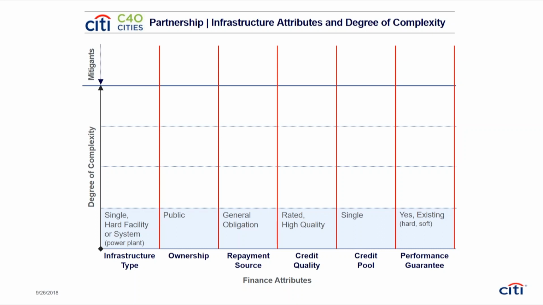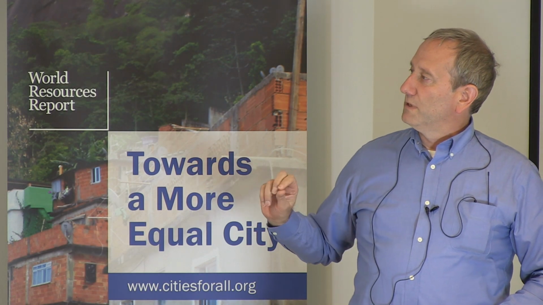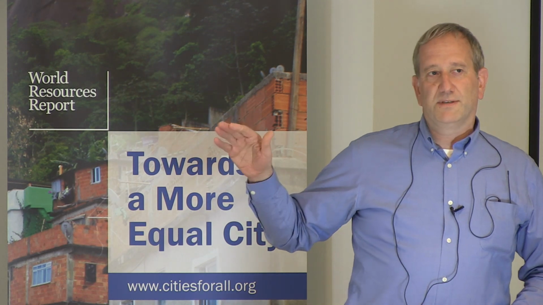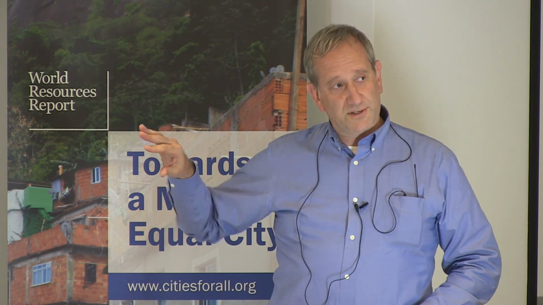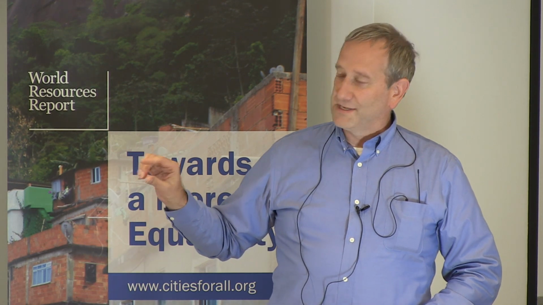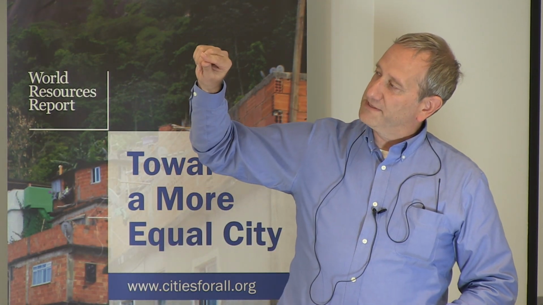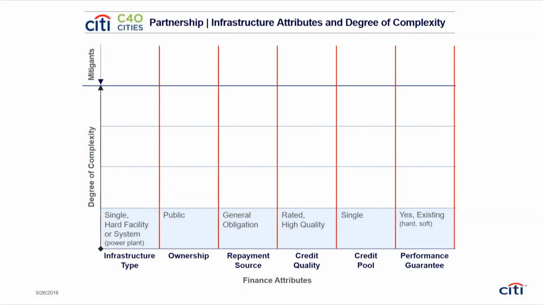So what we did with this chart was we said this bottom horizontal layer is, again, business as usual. Then we attempted to show, as we move to alternative infrastructure, how each of these attributes changes. In this chart, the only time you should read horizontally is this bottom row. We've layered in, moving up in degrees of complexity, what happens as you turn to alternative approaches. And then at the top are some mitigants that we can talk about.